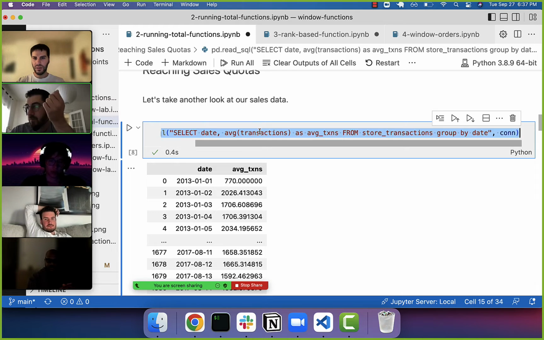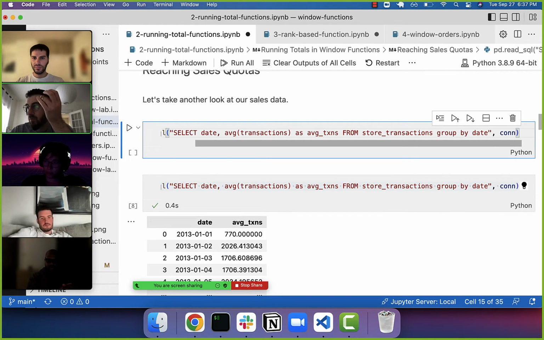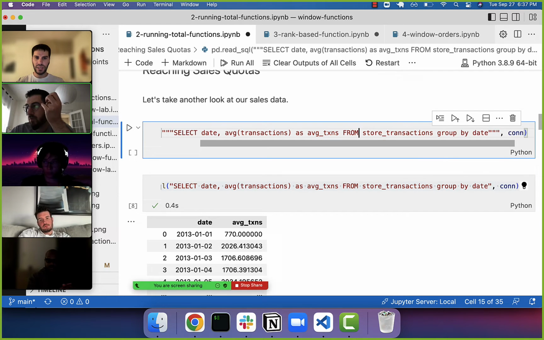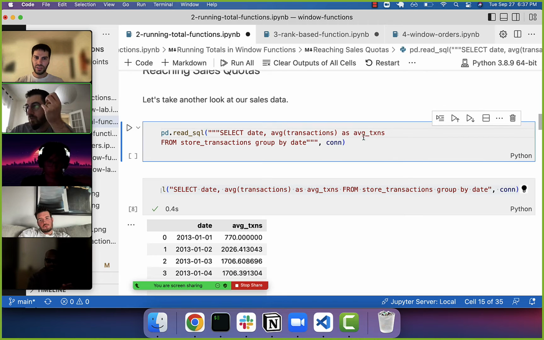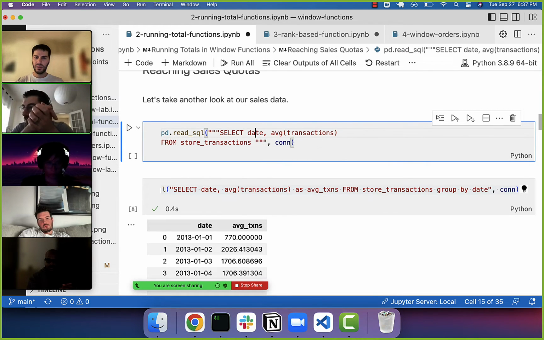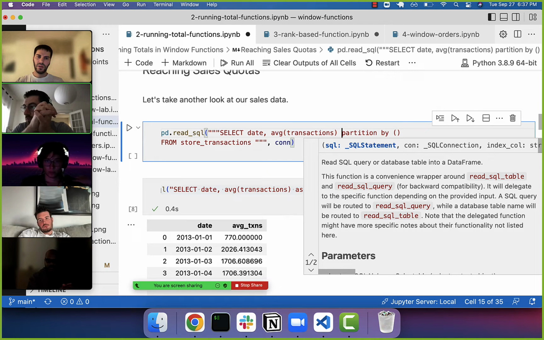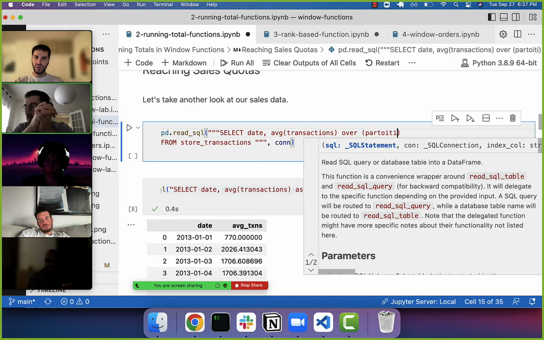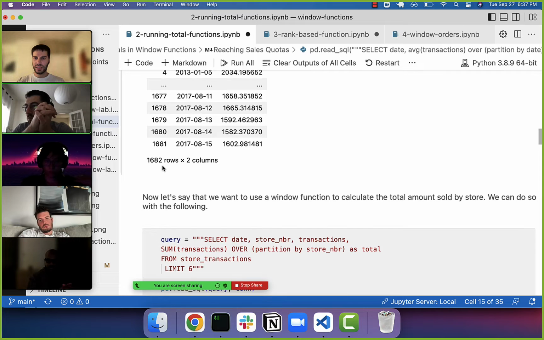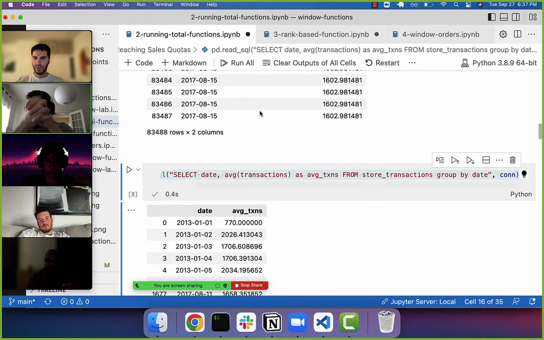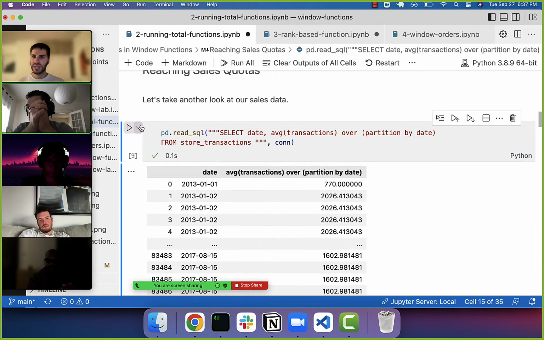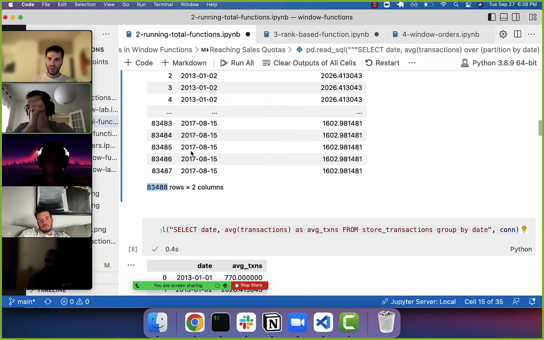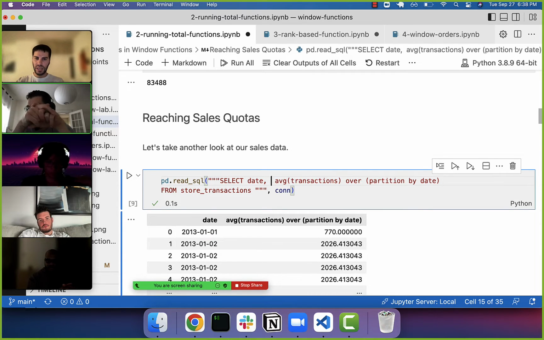Okay, so if we do partition by, the difference is: select date, average transactions. Let's remove the group by. And we'll do partition by. What am I doing? Over is the first word. So this is average transactions over. And now we'll do partition by the date instead of group by the date. So now, before we had 1682 rows. In this case, let's see how many we have. We have 83,000 rows. So the point is that this is going to be the same number of rows that we started with. And you can see that we have date, store number,